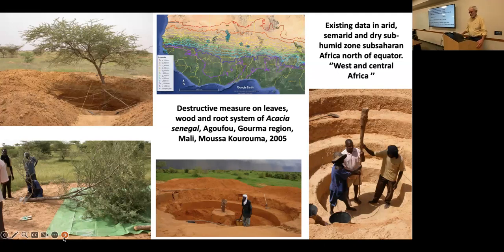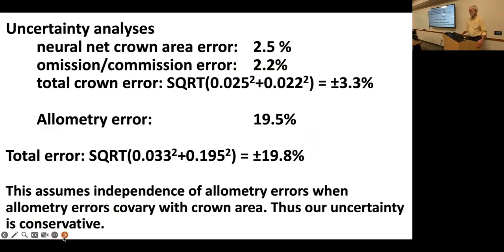Okay, so our overall uncertainty, our mapping uncertainty was plus or minus 3%, a little over, maybe say between 3 and 4%. Our error of allometry was about 19.5%, and the total error is plus or minus 20%. So the uncertainty which we have is about plus or minus 20%. And that's also the uncertainty from the GEDI NASA Laser Altimeter mission for their carbon estimates by 2 very different methods, but not for the same area because they can't work in semi-arid areas.